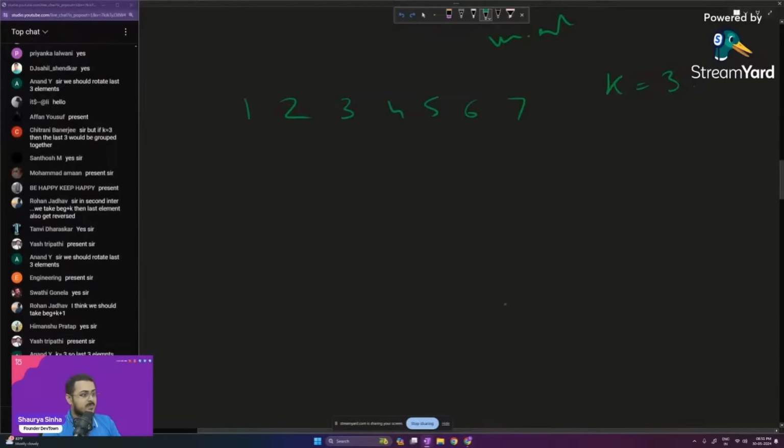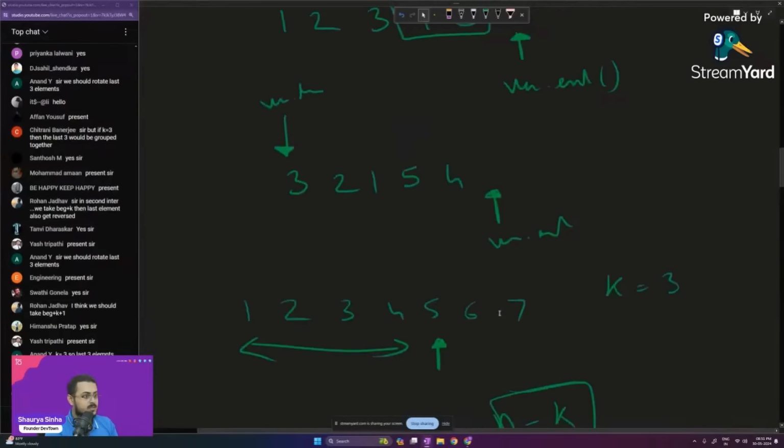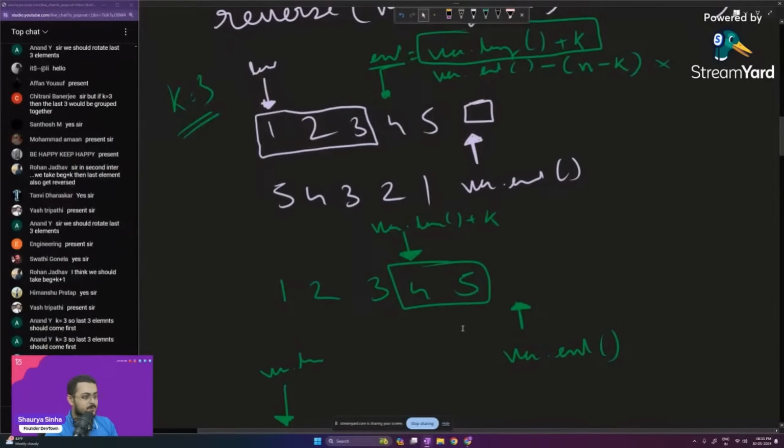It wasn't meant to be, so we had to reverse this particular area. I think there was a problem that I've taken up right over here. So we had to reverse this particular area. It should have pointed to here. So that is n minus k, I guess. If this is n minus k,